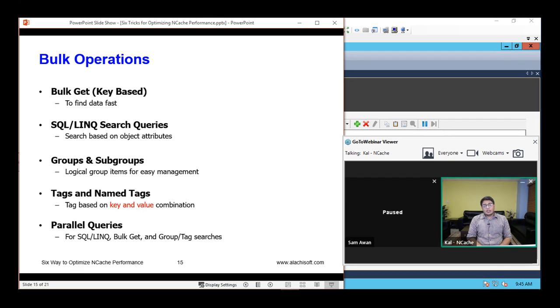So using these logical collection features, you can basically group items within the cache. All the orders of a certain customer can be grouped together. And using just a single call, let's say in groups, you can do a get by group, or in the case of tags, get by tag, just providing the customer's ID, and all these associated items present within the cache would be returned to you. Again, in this case, you did not need to know the keys, you just need to know a certain string value that is a group or a tag, and based on that it was returned to you. And then it also supports parallel queries.